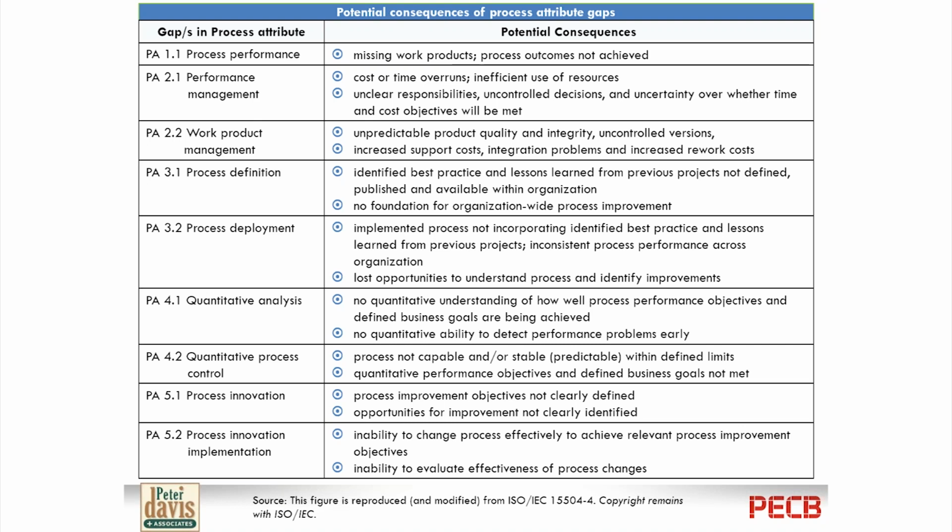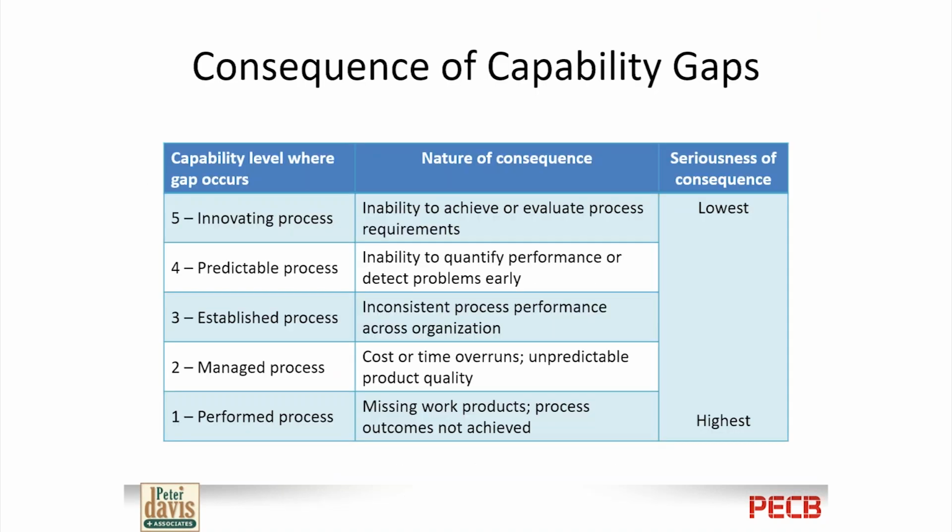No foundation for organization-wide process improvement, and so on and so forth until we come down to something not so bad at level 5. You say, process improvement objectives not clearly defined. We're doing the process, we're just not identifying the objectives. So opportunities for improvement not clearly identified, and we have the inability to change process effectively to achieve relevant process improvement objectives. So if I was writing this report up, I'd say level 1, the problem is if